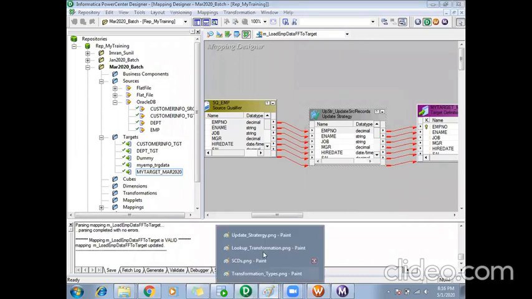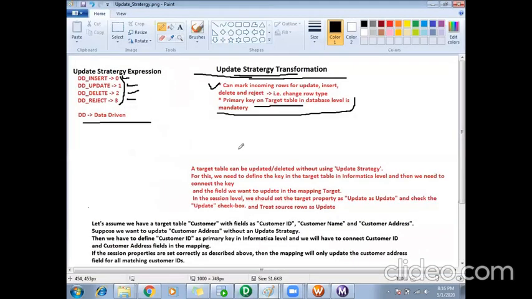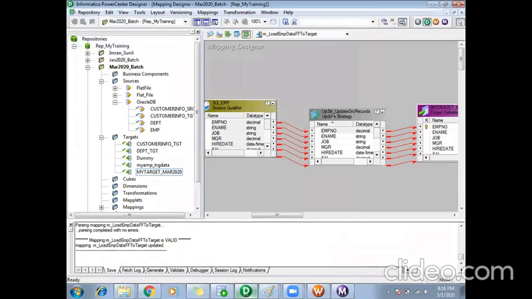Now, I told you that using update strategy, I can set the incoming rows for insert, delete, update. So I can say a few records should go for insert, a few records should go for update. How can I do it? Means using some condition here.